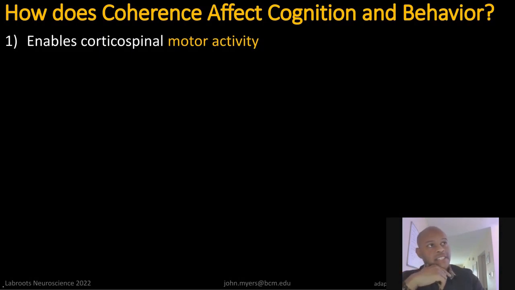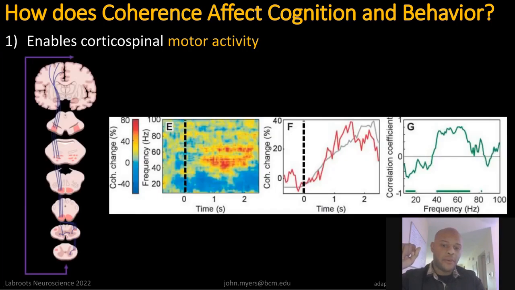So the first instance that I feel is relevant, the most classical example of coherence in many ways, is to depict corticospinal activity, like just a simple movement of your hand. And we all know about the corticospinal tract, the connections between the brain and the spinal cord and your muscles, right? So we know that here, for example,